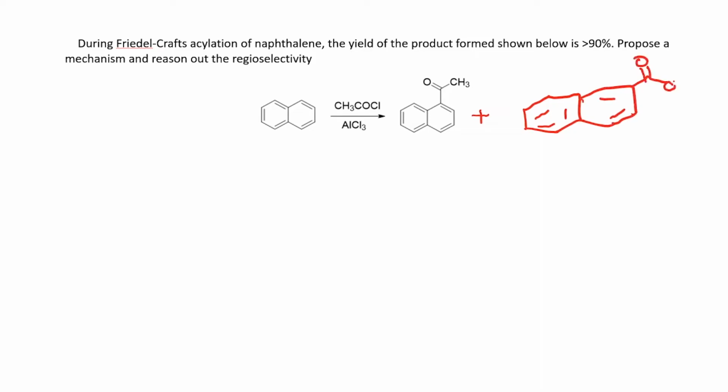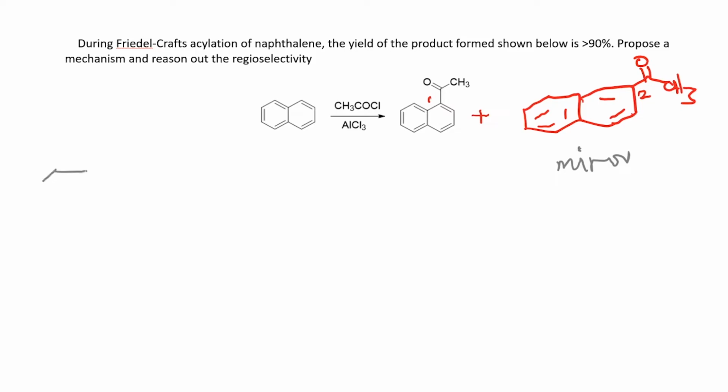C double bond O CH3. Okay, so this would be position number 1, and this is actually position number 2, right? So this compound is a minor product over here. Okay, so the question that is really asked here is, how do we explain this? Okay, so the way we would explain this is, let's look at the intermediate that is produced upon reaction with